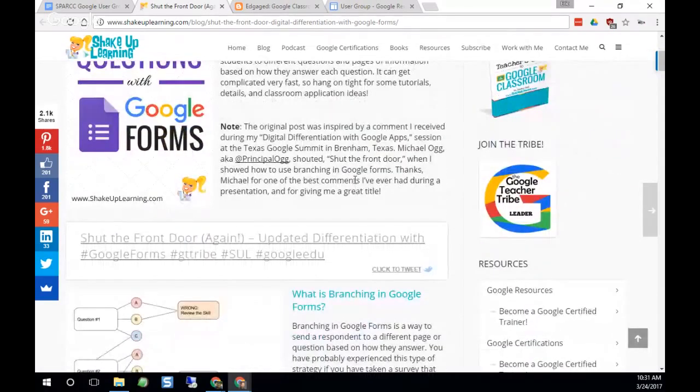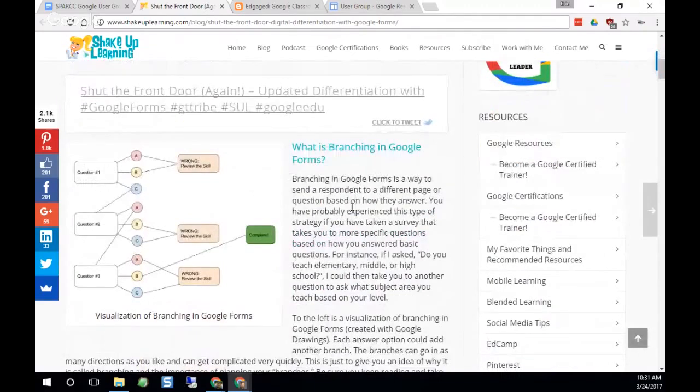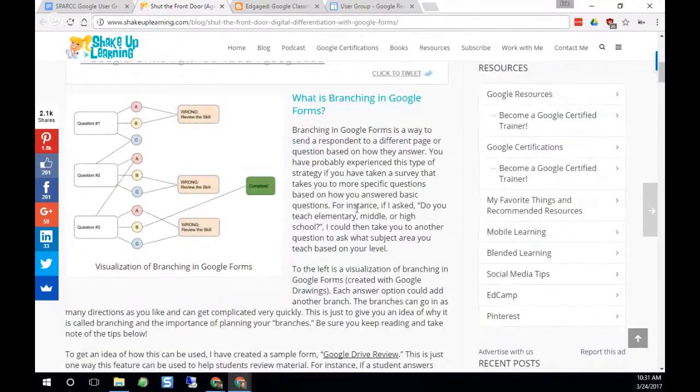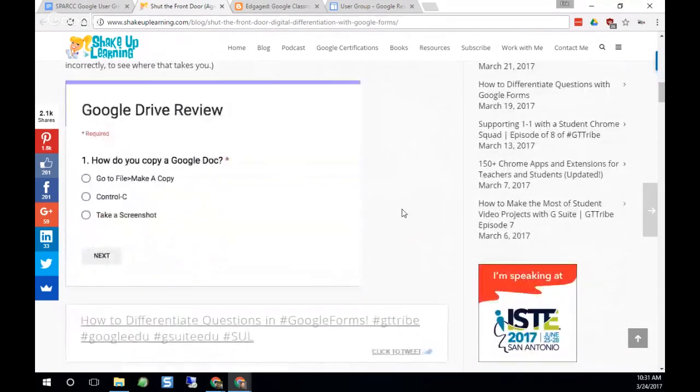The idea is that Google Forms supports branching. If you've never done that, basically the idea is you can have multiple choice questions or drop-down questions that, based upon what you choose, it actually changes what you see next in the form. You can have multi-pages in the form. And if you pick this answer, it takes you to page 2. If you pick this answer, it takes you to page 3. And the idea is you could use this for basically